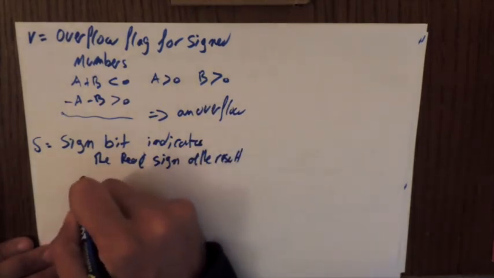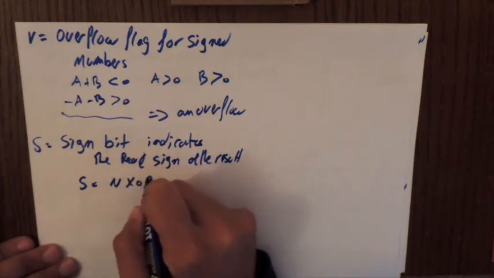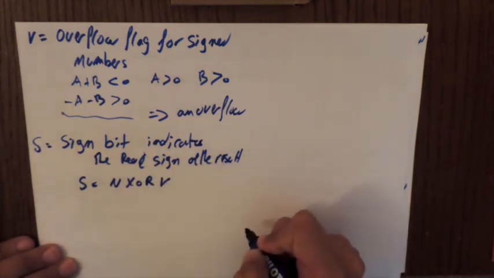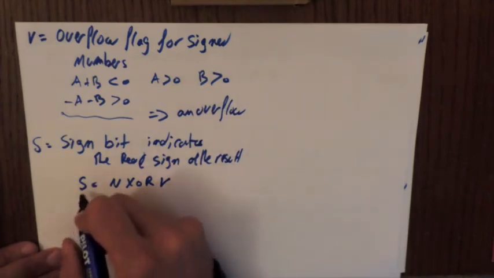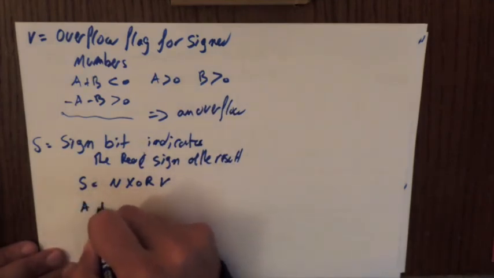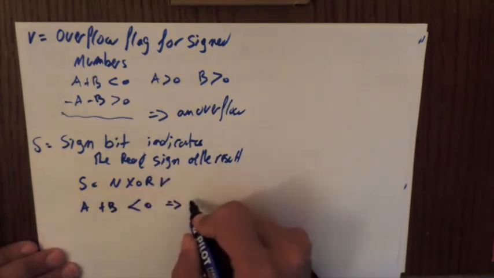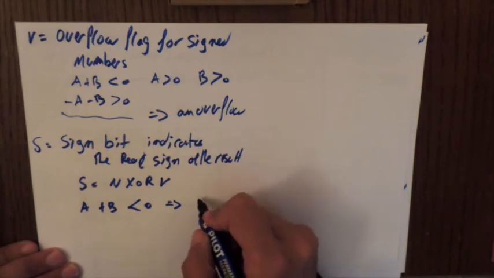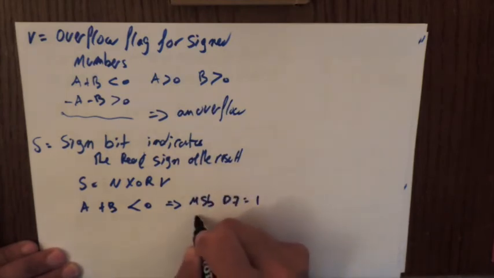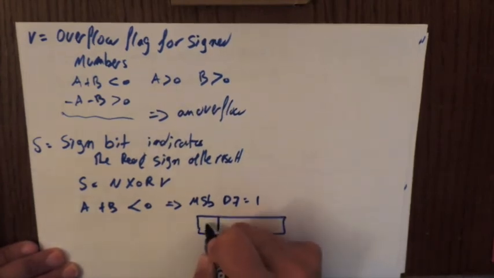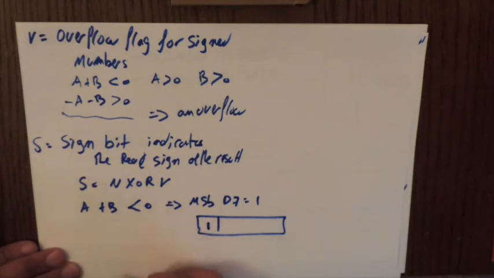Okay, it's actually S is equal to N XOR V. So this means if we add two positive numbers, I'm going to give an example. If we say A plus B and the result was less than 0, how do we know this? This is because the most significant bit, D7, is equal to 1. So the result here is actually 1. However, we know for a fact that A plus B is